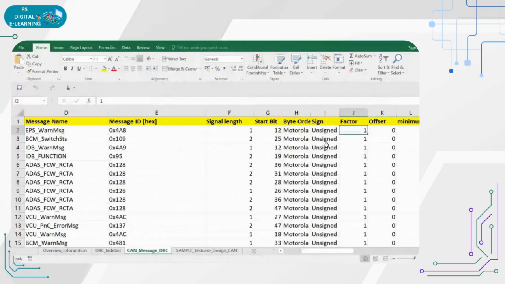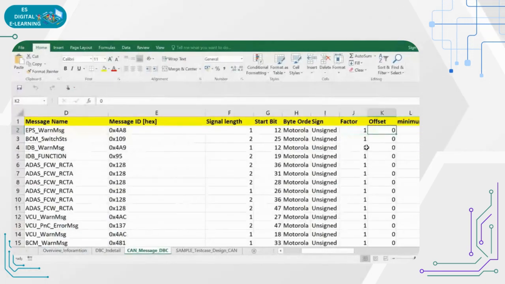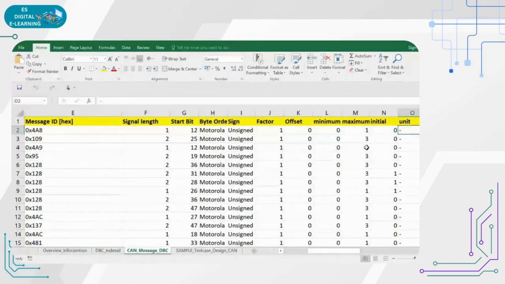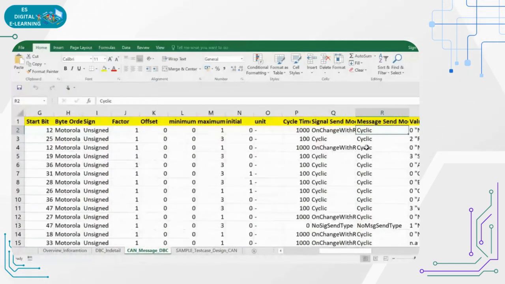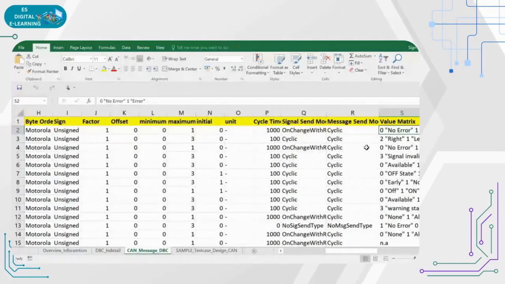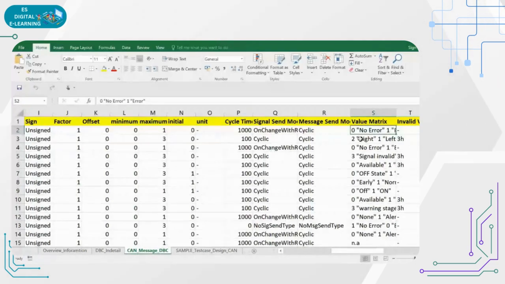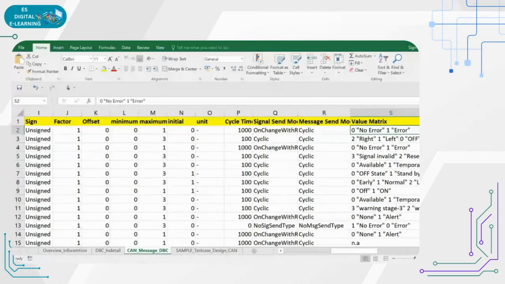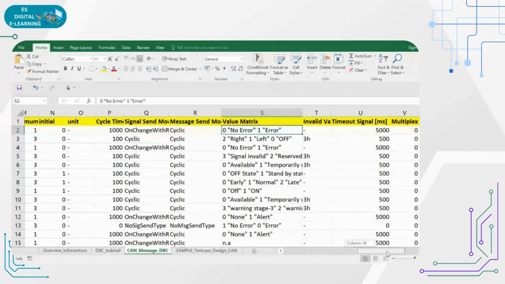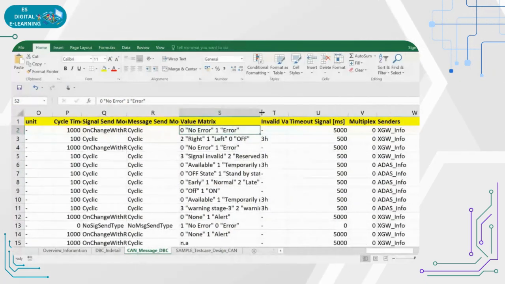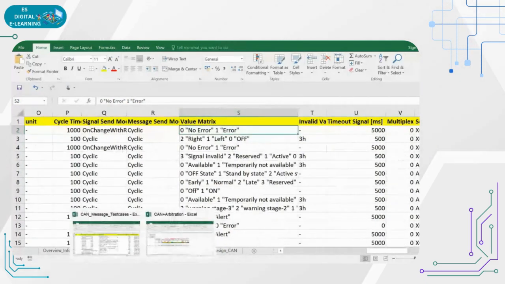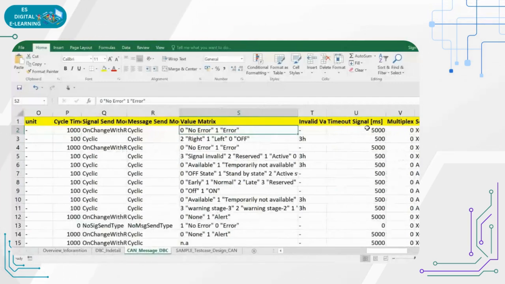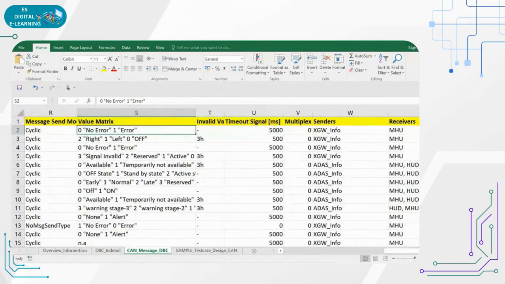Okay, so start bit and the factor, offset, and the minimum value and maximum value, and the cycle time. Cycle time is not required. A few things are not disabled. Coming to the value matrix, you can make it because these are a few. Some of the DBC file, you won't get for enable. Whatever fields you got enabled, you can understand them and try to add the messages and try to send